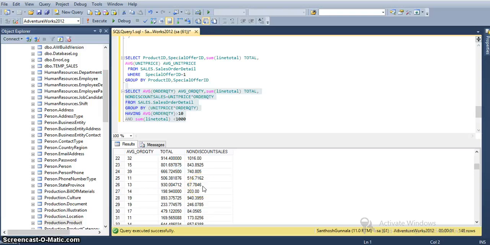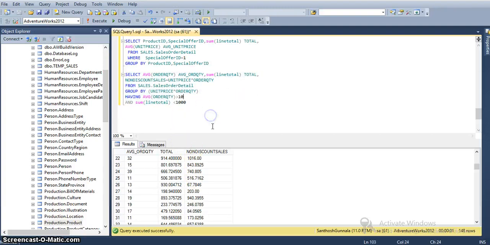In HAVING we can use COUNT of star also. Suppose, just assume an example where we want to make sure that there are at least 1500 items involved in the calculations for each product. We need to use HAVING COUNT of star greater than 1500 to eliminate the products that return a total for fewer than 1500 items sold. So for this the query would look like